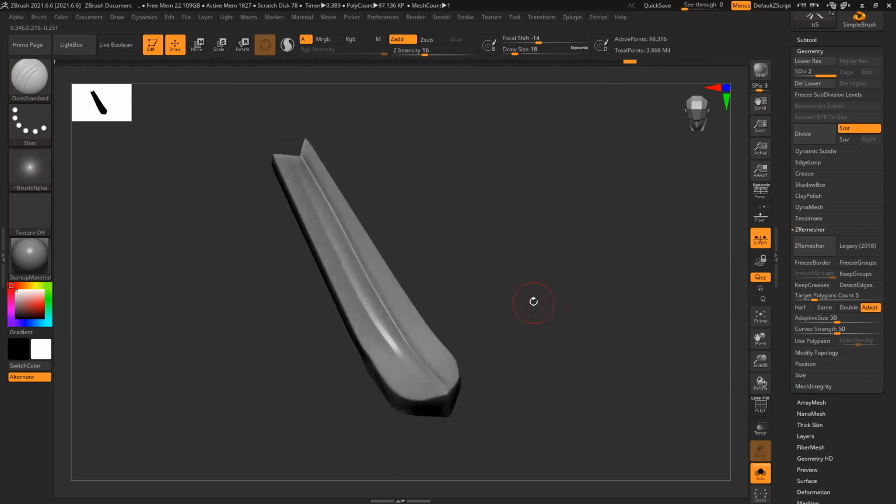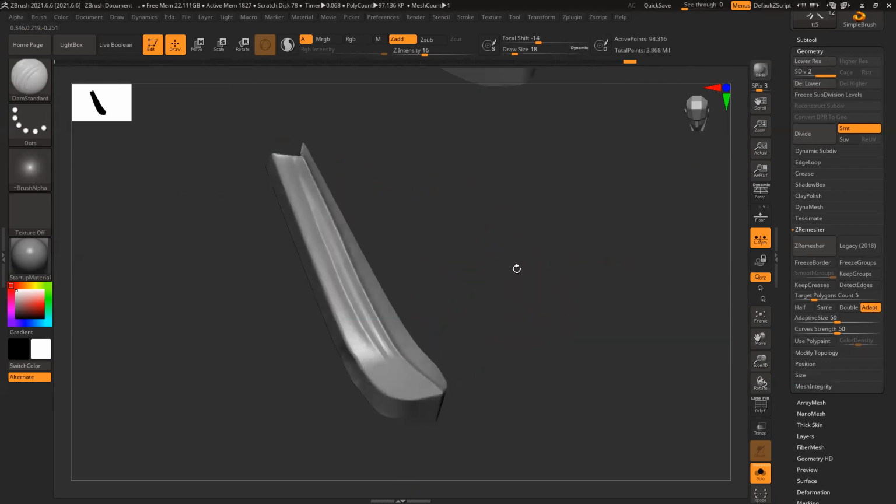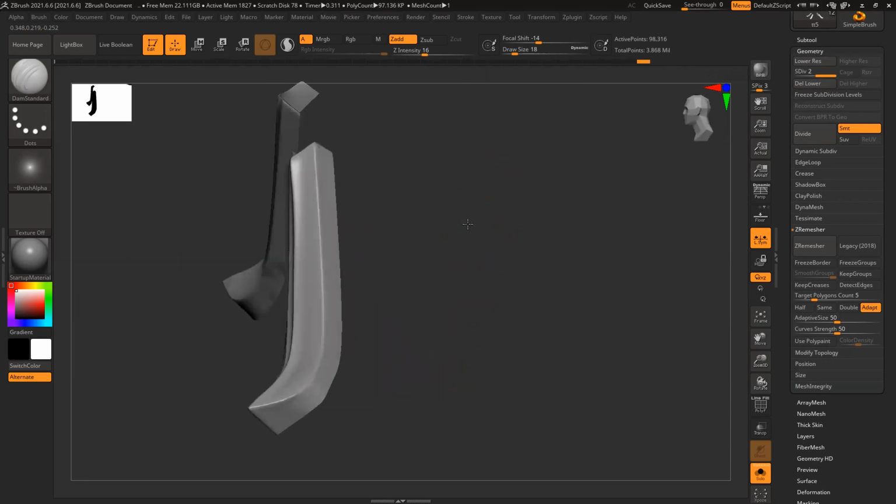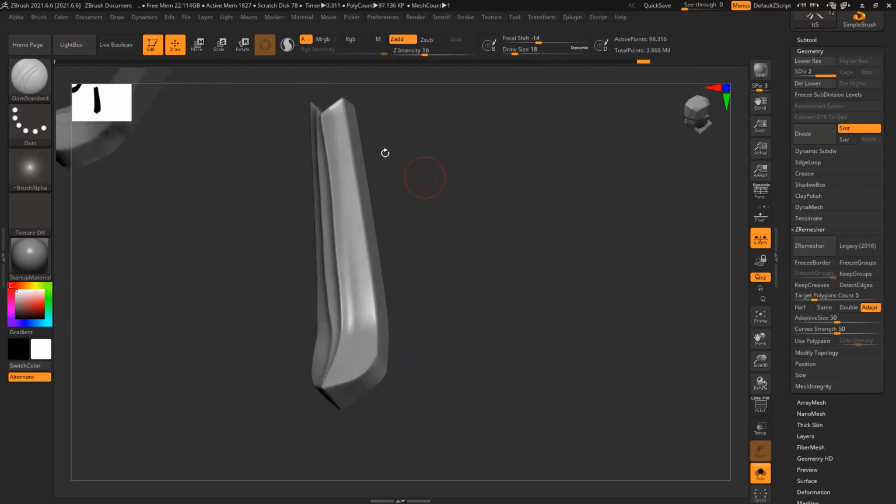Special kind of shape. 1. So 1 to repeat any brush stroke, the last brush stroke.